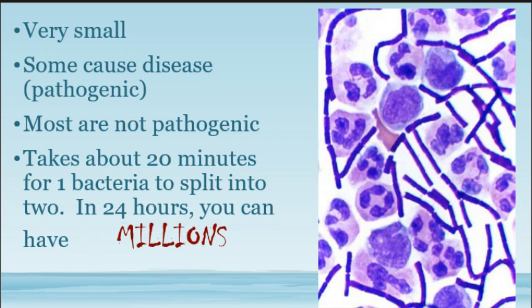Okay, so this person's blood is infected with those rod-shaped bacteria. This person's in trouble, because you can have an infection in your throat, strep throat, and you'll be okay. But if that strep gets into your bloodstream, it's called septicemia, and it'll make you really sick. It can cause a high fever, and your whole body turns red. Has it ever happened to you, where you look like you've been sunburned all over your body? Well, your body's red from the outside, but this is red from the inside.